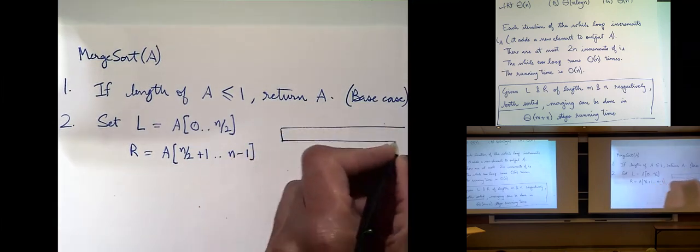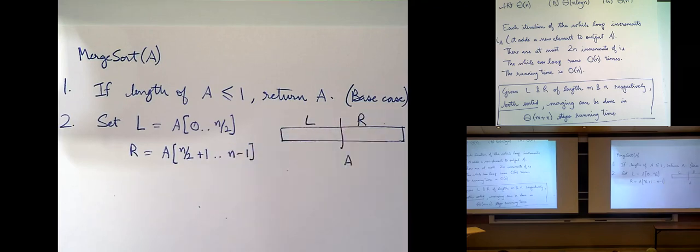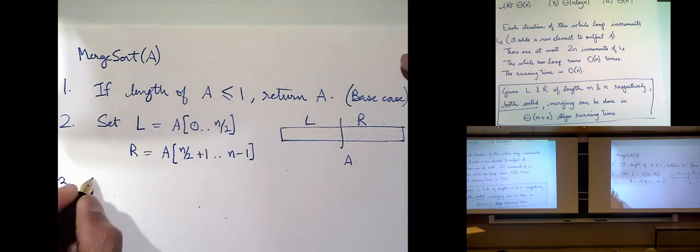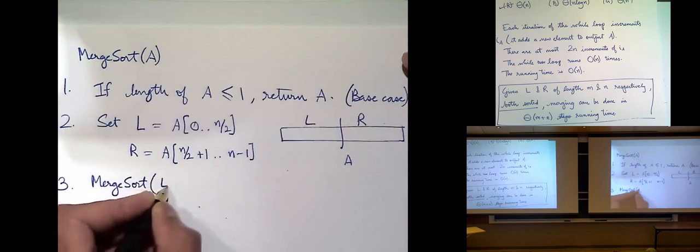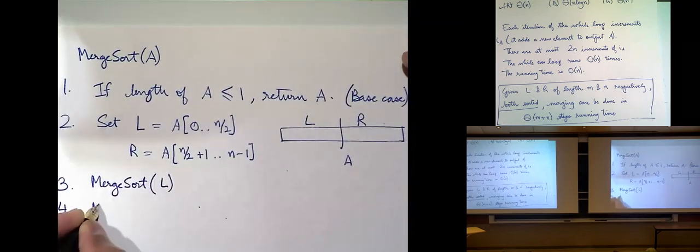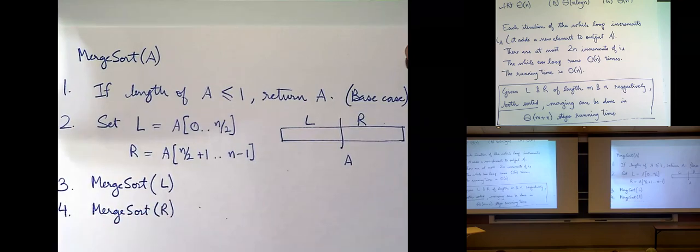Here is A, and that's L, and that is R. What you do is you call merge sort of L, merge sort of R,